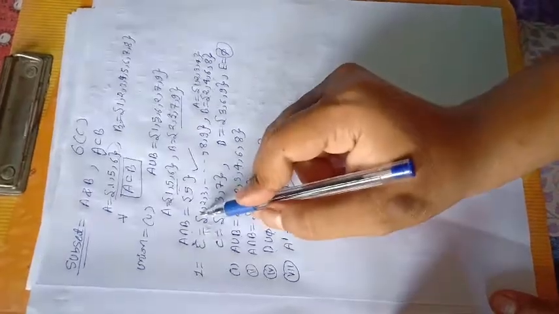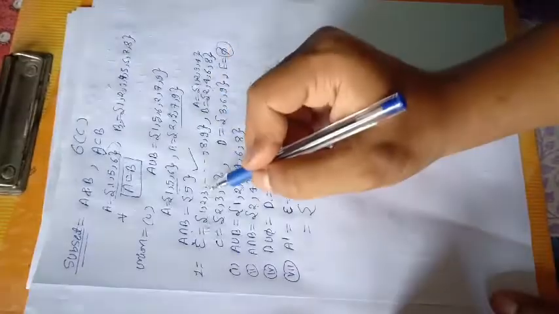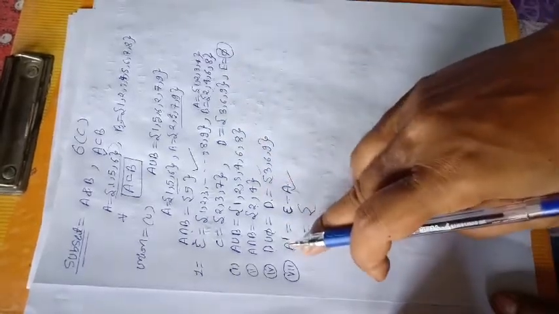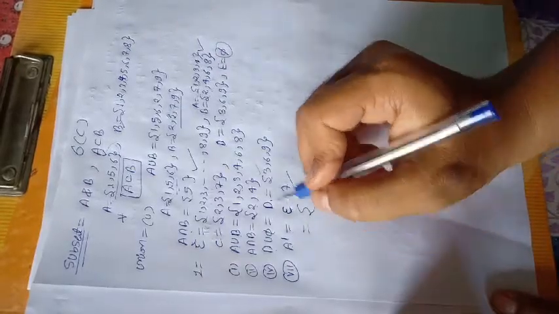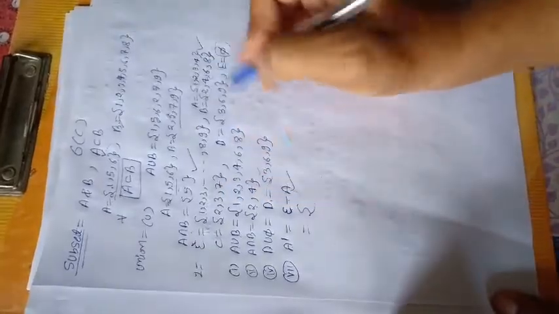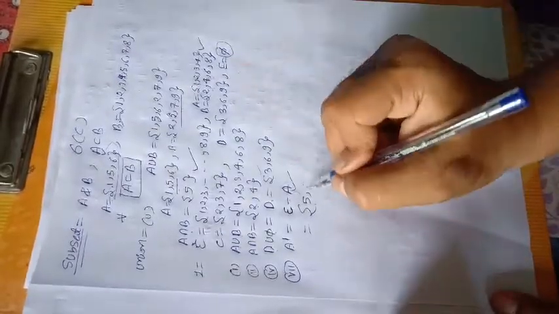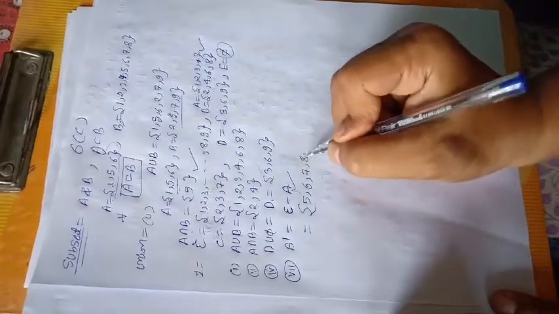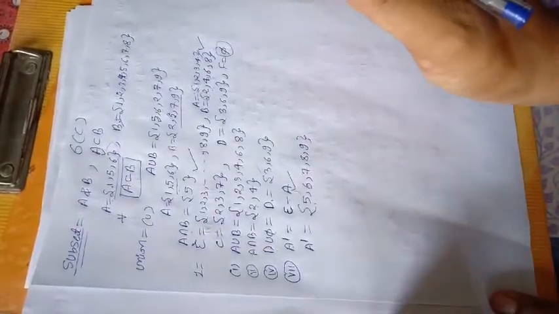So check, 1 is here and 1 is also in A, so 1 is not in that set. 2, 3, 4 likewise. So whichever elements are in A will not come in A complement, because A complement means the set of all those elements which are only in the universal set but not in A. So 1 will not come here, 2 not here, 3 not, 4 not, but 5 is not in A so 5 comes, 6 here, 7 here, 8, 9. So A complement equals 5, 6, 7, 8, 9. Okay, now we have to find